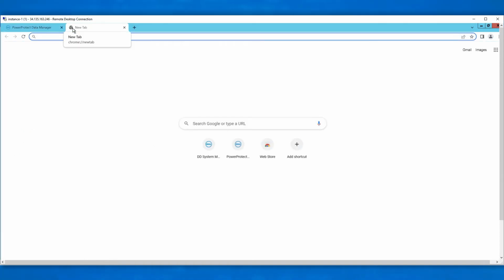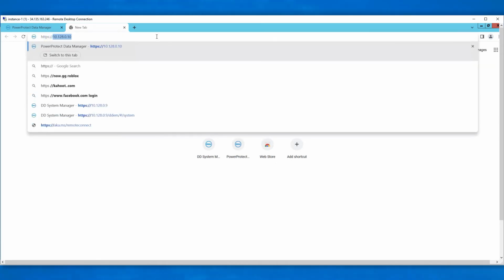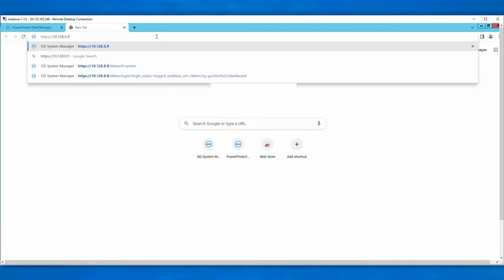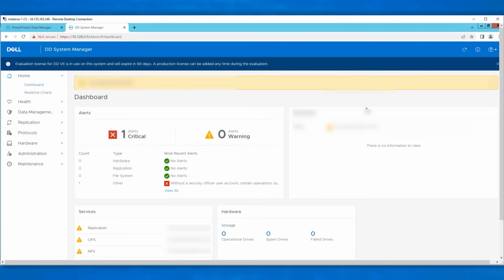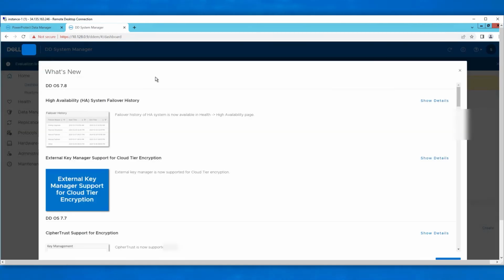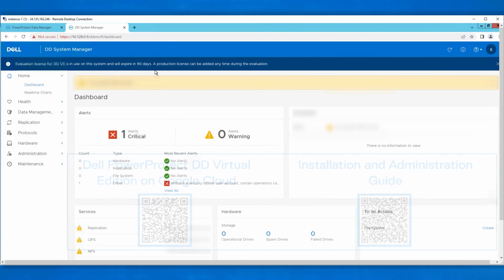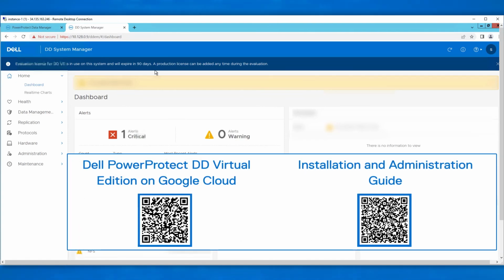We will also now log into the Data Domain System Manager console to verify the DDVE deployment. In the web URL, enter the DDVE appliance private IP address. With username sysadmin, and the initial default password will be the DDVE appliance instance ID. Click on login. We now see the DDVE appliance has been deployed successfully and ready to configure. Please see DDVE deployment on Google Cloud White Paper and Administration Guide for more details on how to configure DDVE